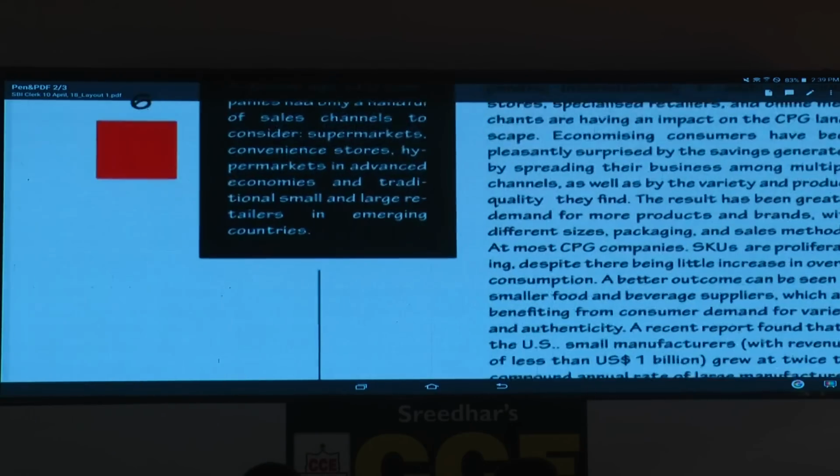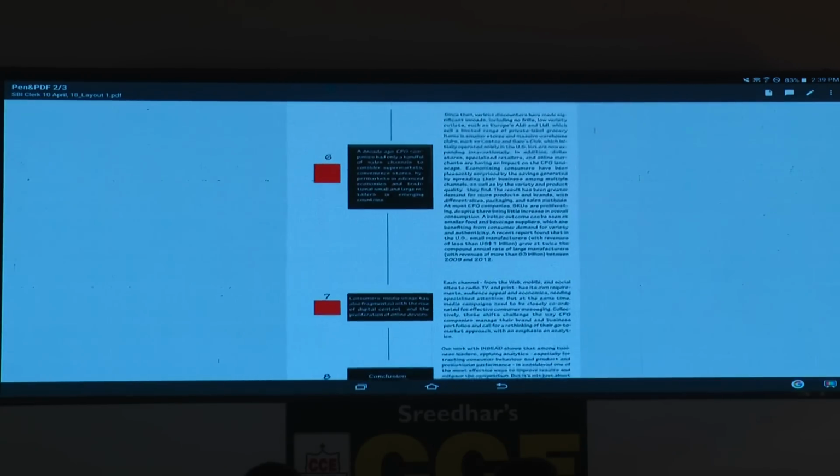If you take the second page, this first one, point number 6, talks about the product distribution, channels. Channels here, what does it mean? The product distribution. And the second one talks about the communications, the media. See how he has taken. And finally he